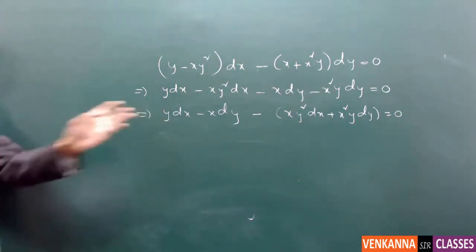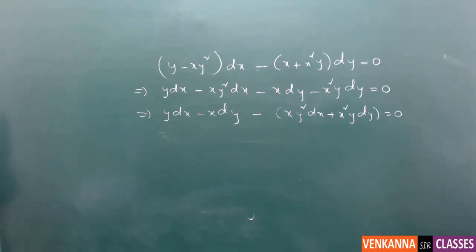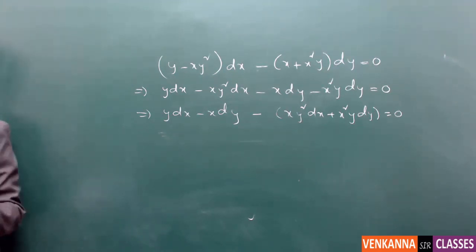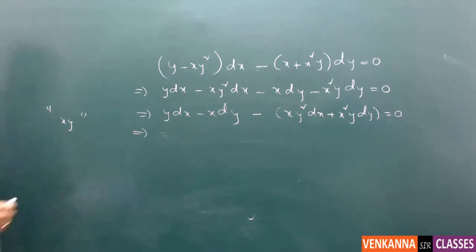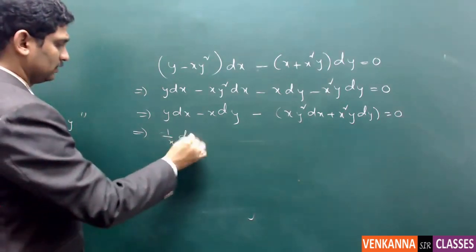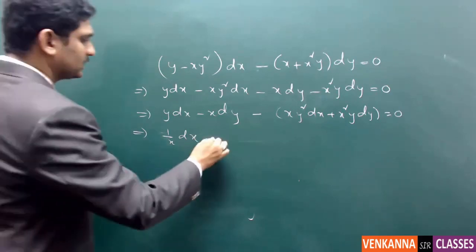Tell me what is the modification we are going to do here. Take your time and think of that. Divide with x squared, so that the whole thing will become derivative of something. Okay, divide with xy. Let us check what happens. If you divide with xy, then it will be 1 by x dx minus 1 by y dy